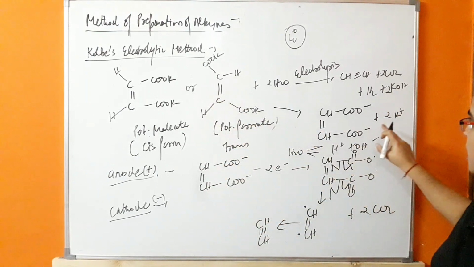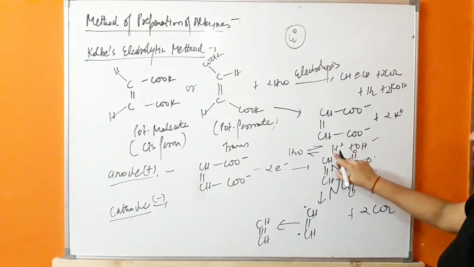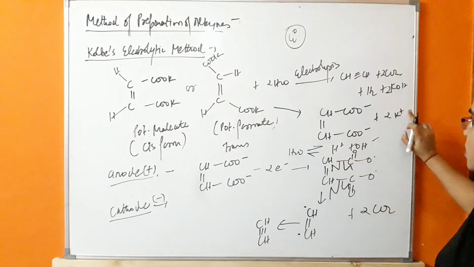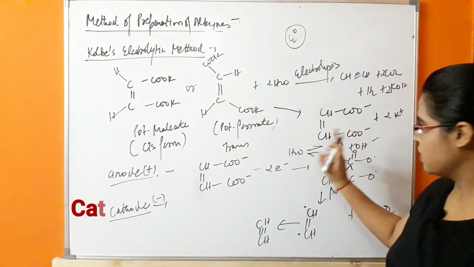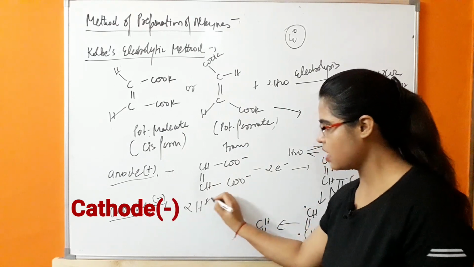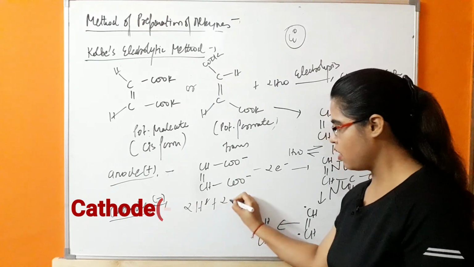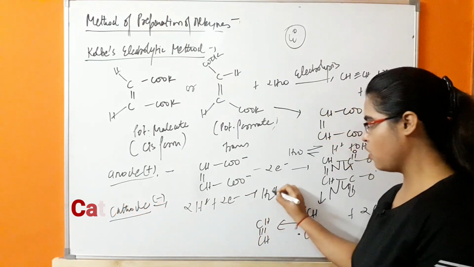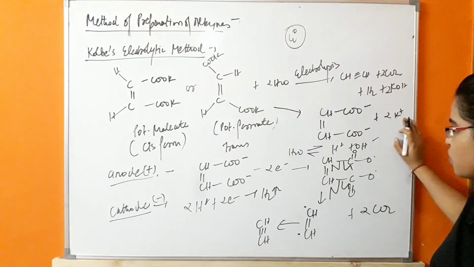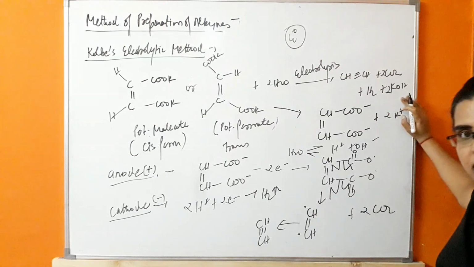Next, in this case there are two cations, that is K plus and H plus. The reduction electrode potential of H plus is high in comparison to K plus, due to which H plus will be discharged at the cathode. So 2H plus ions will take electrons from the cathode, and there will be formation of an H2 molecule, whereas K plus will remain in the solution with OH minus, due to which KOH is present in the solution.